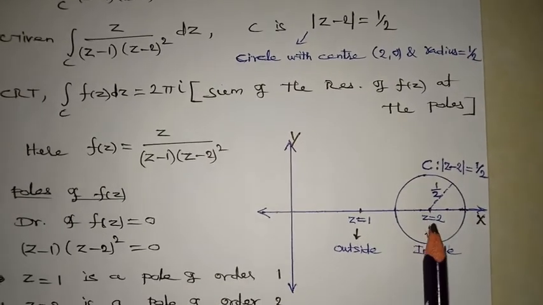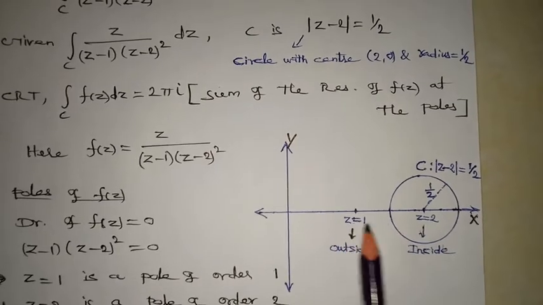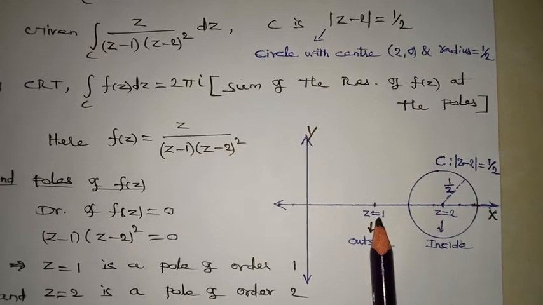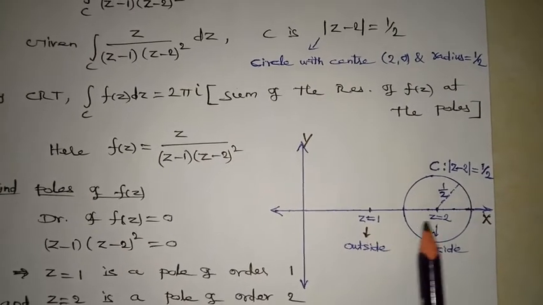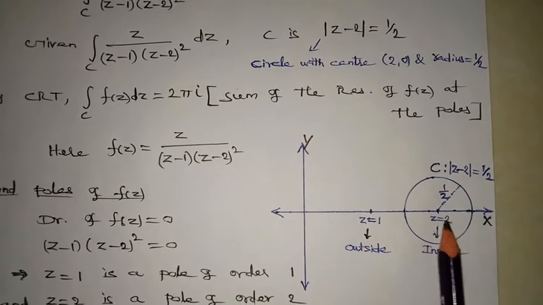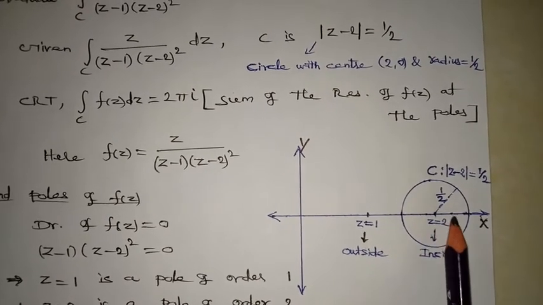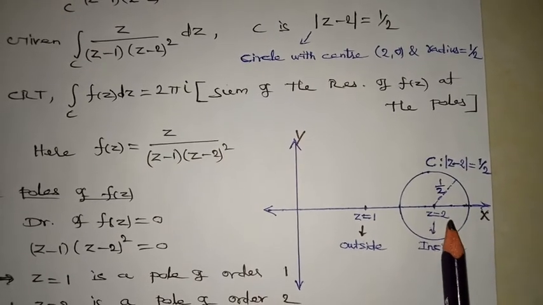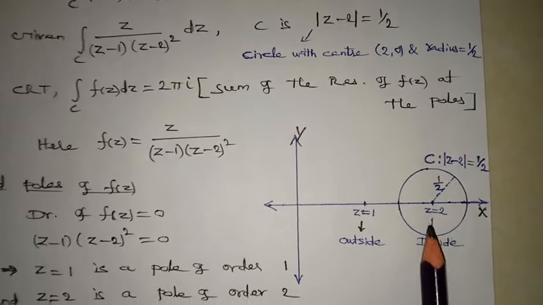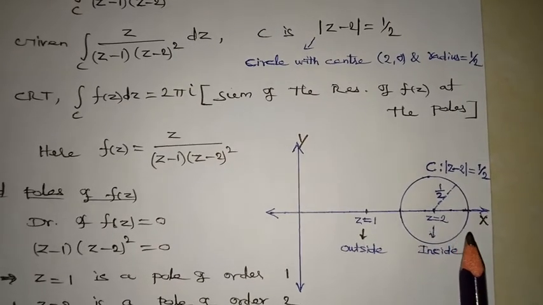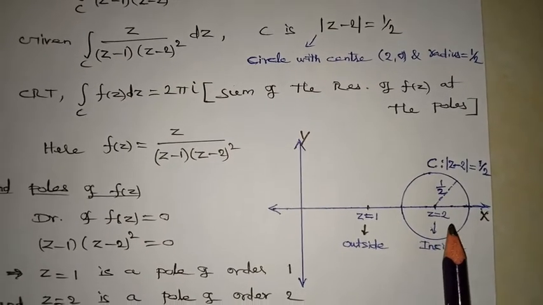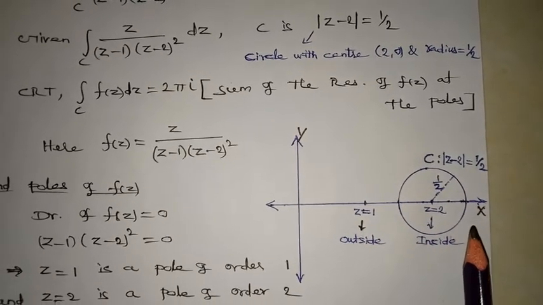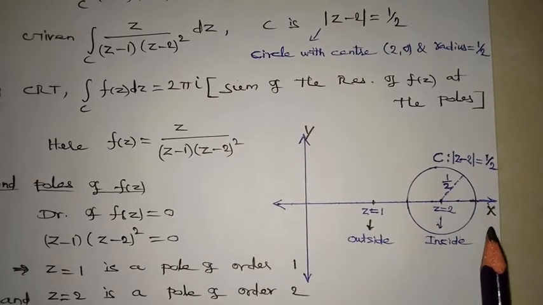So for which point do we need to find the residue? Whether z equal to 1 or z equal to 2? Yes, z equal to 1 is outside, that you don't need to consider, whereas z equal to 2 is inside C. We need to find the residue for this point alone. Yes, how to calculate the residue? Already I have discussed the 3 cases. If m is the pole of order more than 1, we have one formula, exactly 1, another formula, and if f of z is in the form of a quotient, we have another formula.